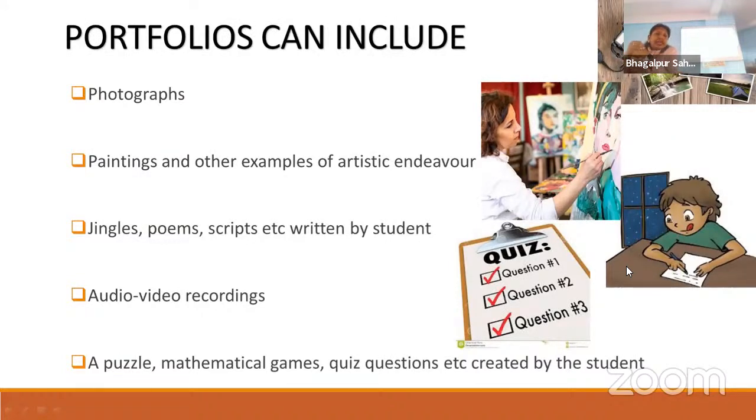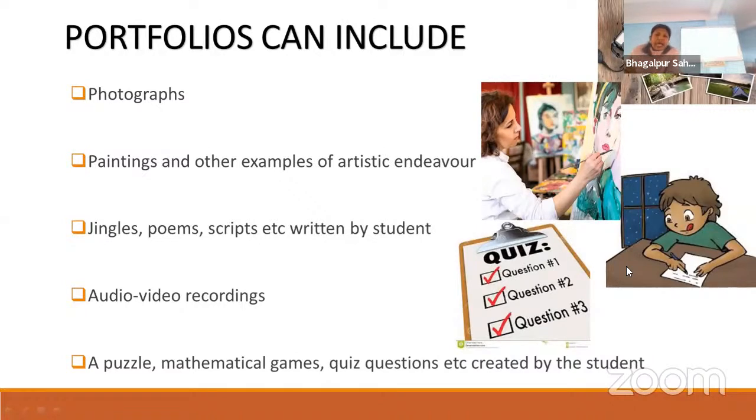Same way, jingles, poems, scripts written by students. Some students are very good at making poems. So you can ask them, if you're not interested in drawing or painting, I will take the same topic, pollution. If you don't want to draw or paint, what you can do, you can write scripts, paintings,